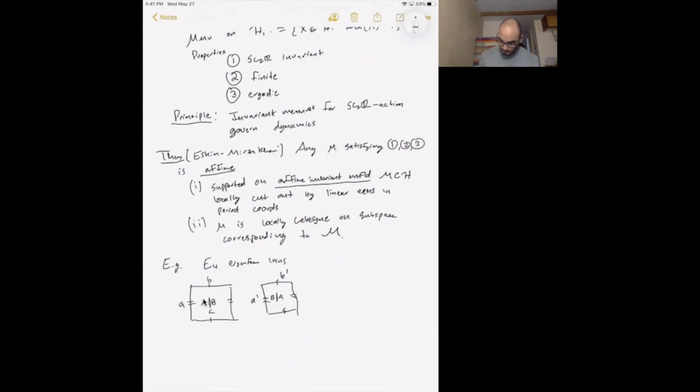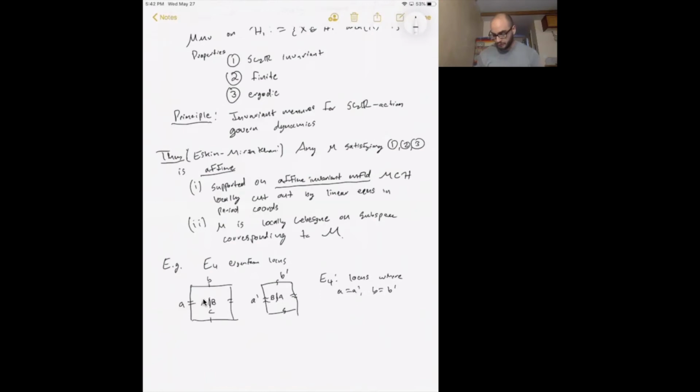So the E4 is the locus in the stratum where A is equal to A prime and B is equal to B prime. In other words, the two tori are actually identical tori that are glued together. So the coordinates then